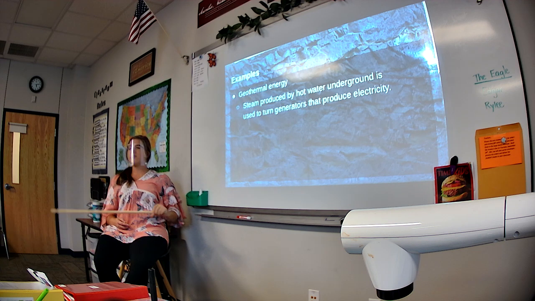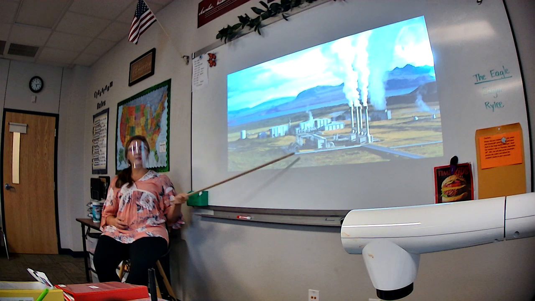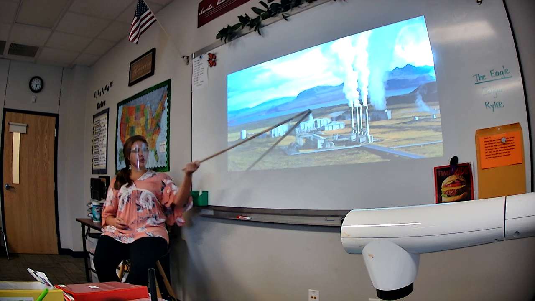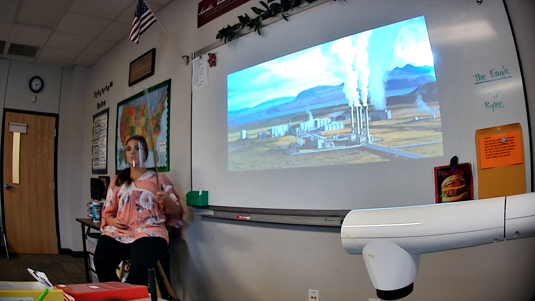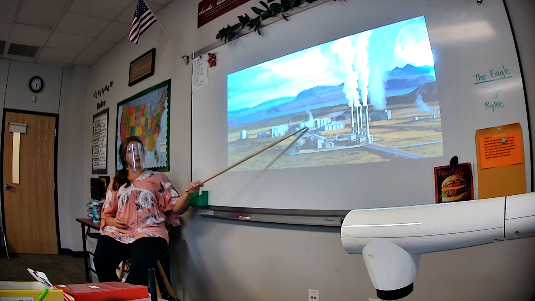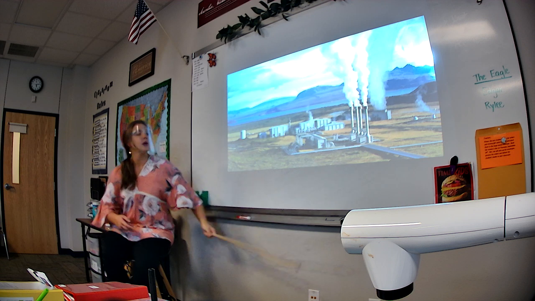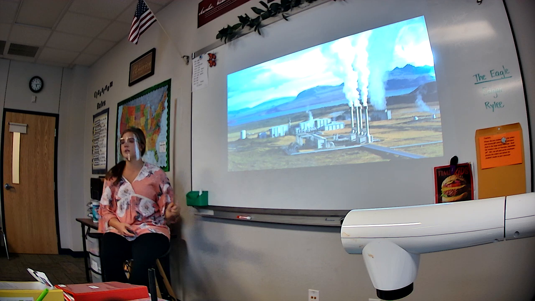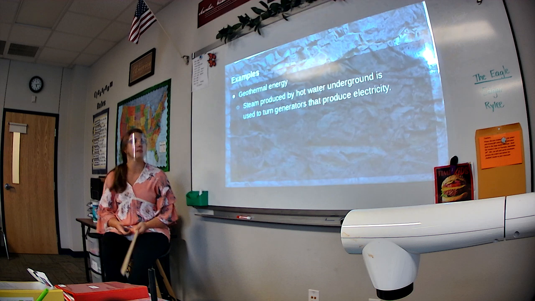This is not necessarily as common. I think it's a little bit harder to find these pockets in the Earth. But the geothermal plant would look something like this. So this machinery is drilling into the ground, looking for these warm pockets, and the steam looks like it's coming up. I don't know exactly where it's coming out, but either way, the steam is what's powering this plant, and they're converting that into electricity.